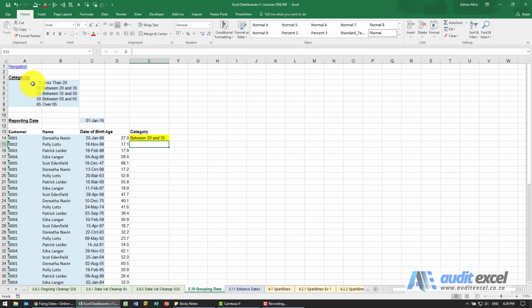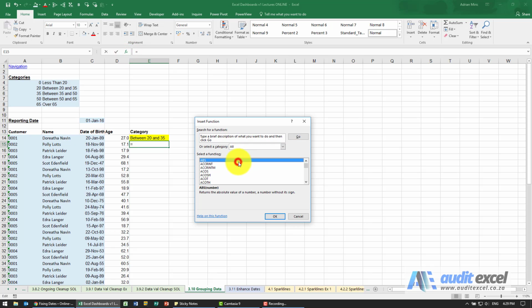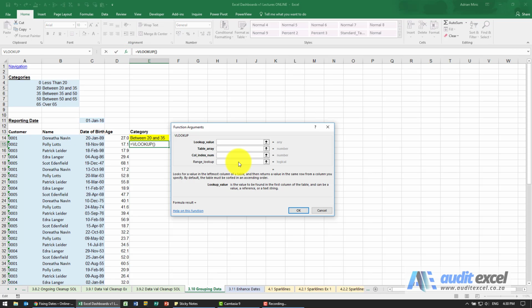So you'll see we've set up the table. It's in ascending order, which is very important. And we've got our category names here. And what I can now do is I can come here and I'm going to use VLOOKUP. I'm going to tell it to look at that age there, compare it to our table. Just going to put the dollar signs on, bring through the second column,